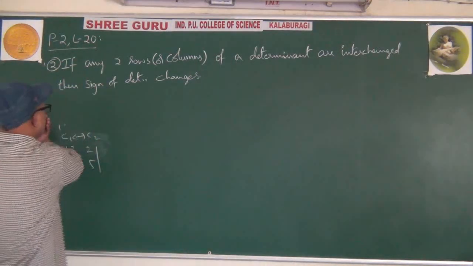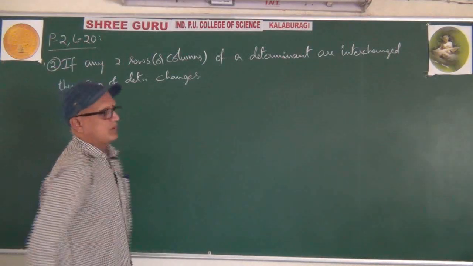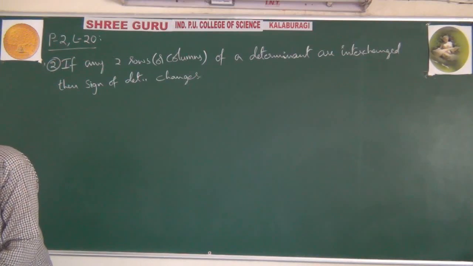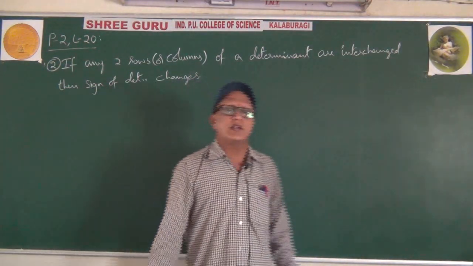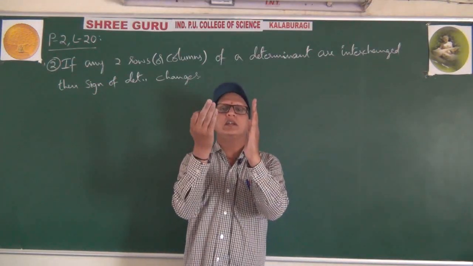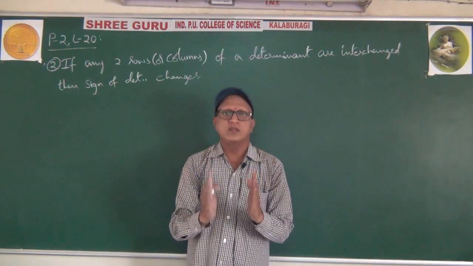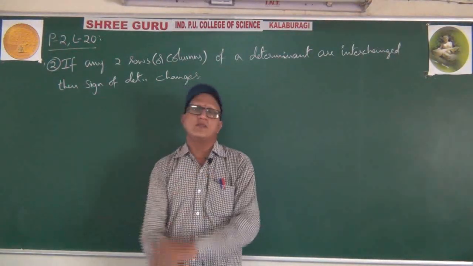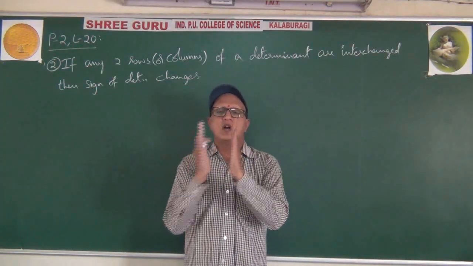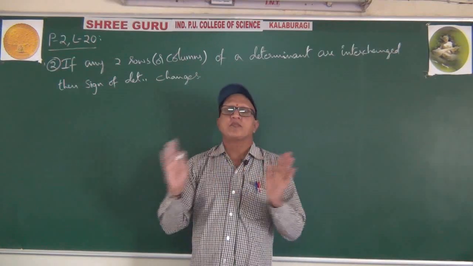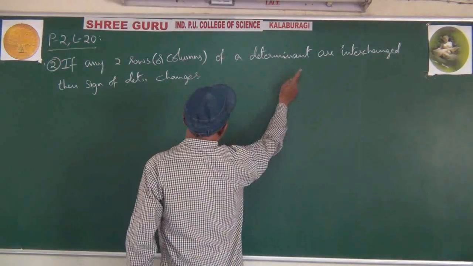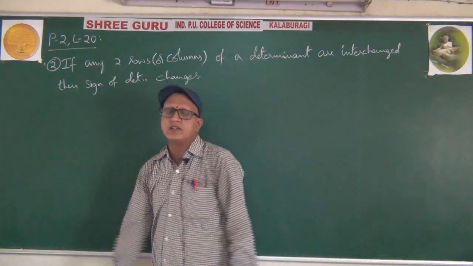Okay? Now let us see the next property. Property number 3. Properties are very simple, very easy to understand, like formulas only. What is the first property? There is one determinant, some value will come. You found the transpose of that matrix, then if you find the determinant, you will get the same value. What is the second property? If you interchange any 2 rows or any 2 columns, the sign of the determinant changes.